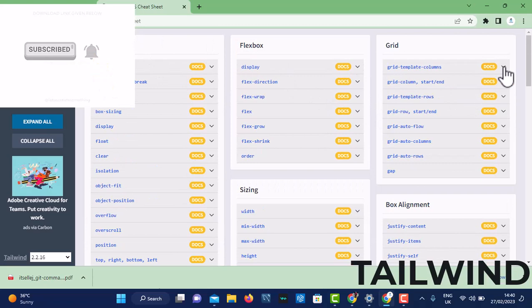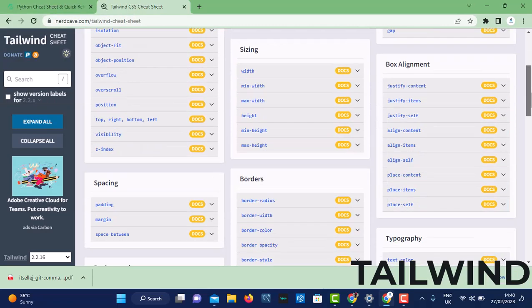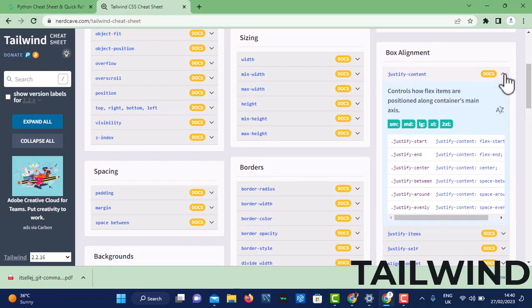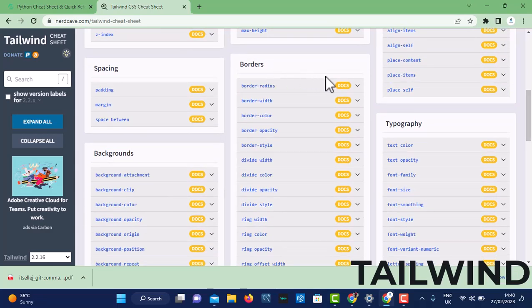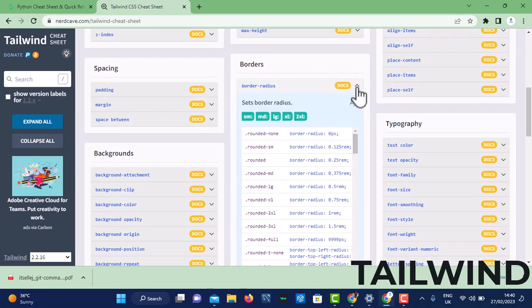This flexbox, this grid, size and box alignment. You see how you are going to align yours, justify start, justify end, depending on what you want to justify. Borders, you see how you want to do border radius, rounded none, rounded small, rounded medium,